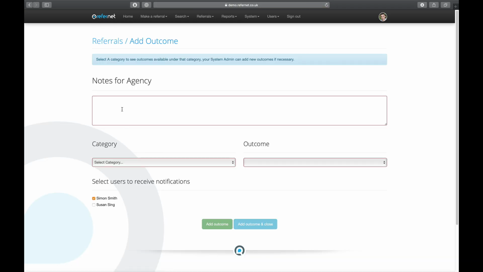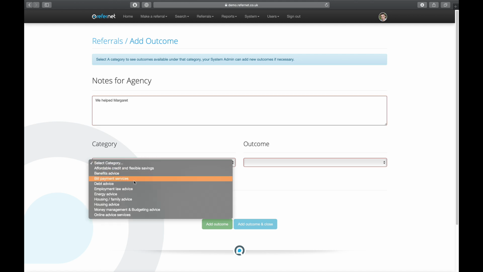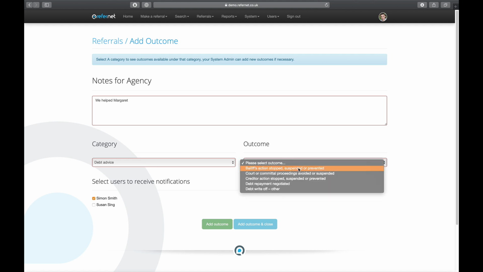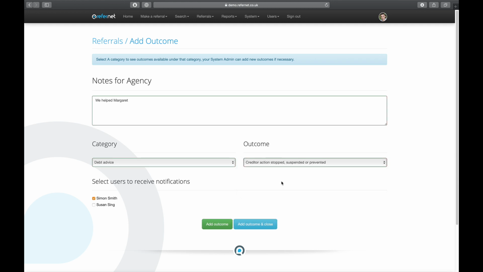Obviously it's not likely to happen immediately, but we'll just show you what happens. You need to put in a bit of information about it. We then select the category advice, debt again, which is what we've been working with. And against debt, there will be a series of outcome options. Again, this is all preset by your administrator, and if you want to add something to this or you want to change it slightly, you have to ask them. But that is the outcome we're going to choose on this one, and then you can decide who back at Shelter will get